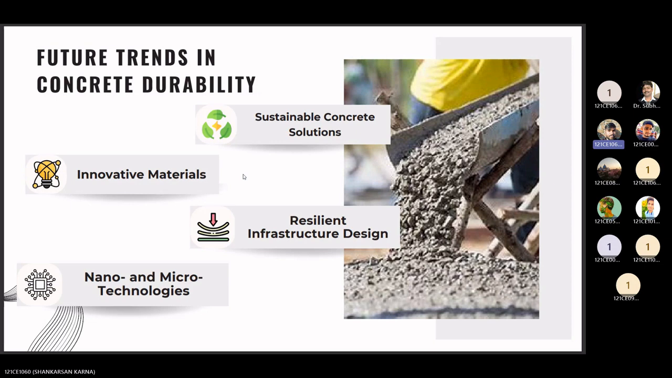Increasing emphasis on sustainability and environmental concern is driving the development of eco-friendly concrete solutions with reduced carbon footprint, lower embodied energy, and enhanced durability. The next future trend is innovative materials. Continued research and development of advanced cementitious materials such as high performance concrete, UHPC, geopolymer, and self healing concrete offer improved durability properties, including enhanced strength, reduced permeability, and resistance to